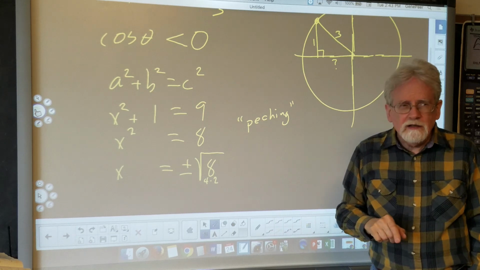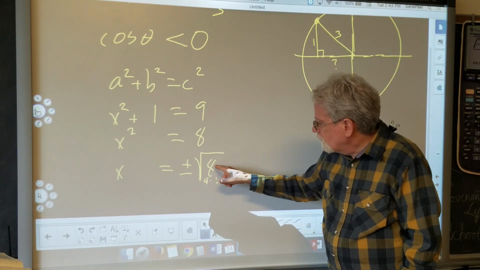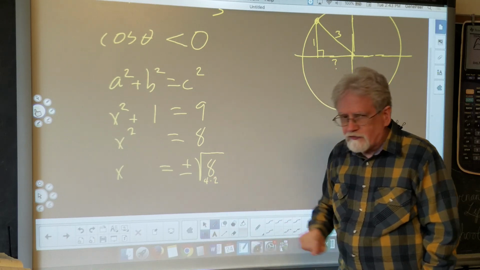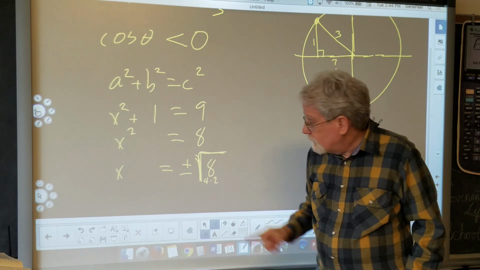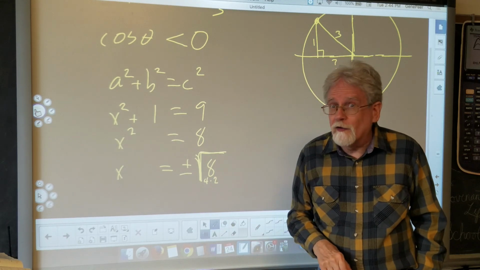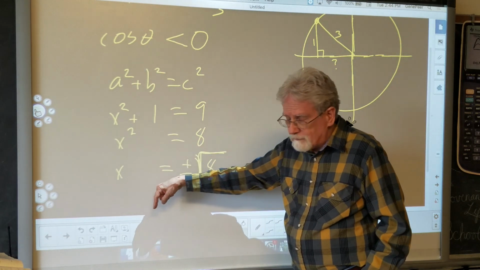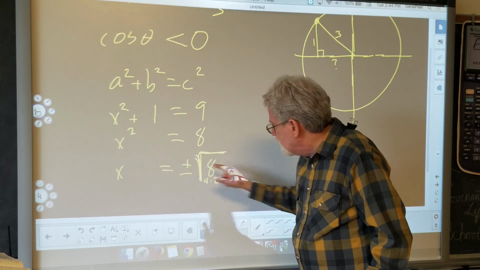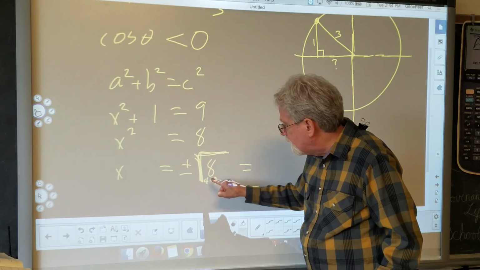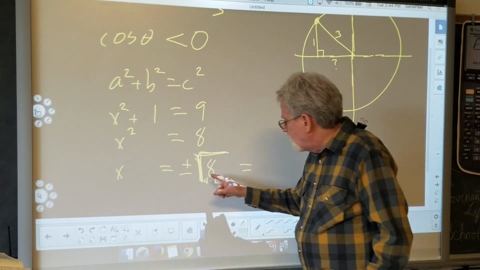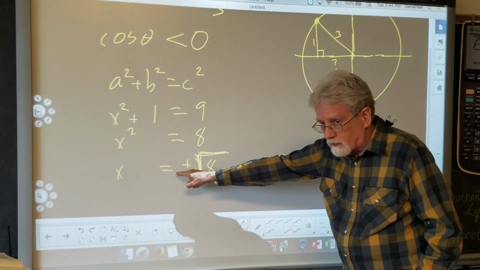It's the word pa-ching. Here's the pa-ching concept. I changed that 8 probably in my head into a 4 times 2. Why? Because I know the square root of 4. If I know the square root of 4, I can take it out. There's the pa-ching. That 4 goes pa-ching, pops out. And when the 4 pops out, pa-ching, it turns into its own square root because we're taking the square root of 4 and 2. So the 4 pops out, pa-ching, turns into a 2, don't forget the plus or minus,